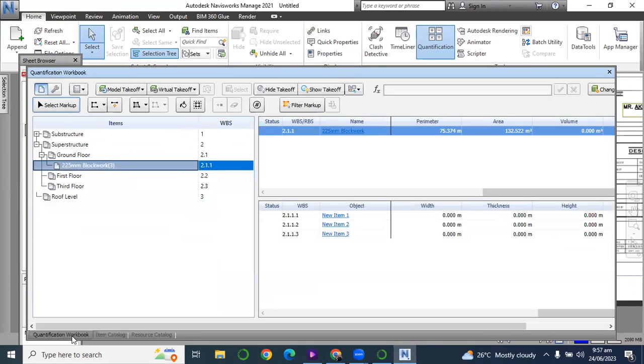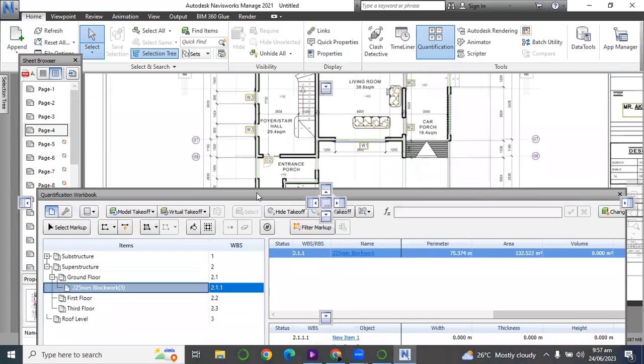So let's look at it. As you can see, it has reduced to 132. So that's that for block wall. So that's how you are going to be building your work items to take for